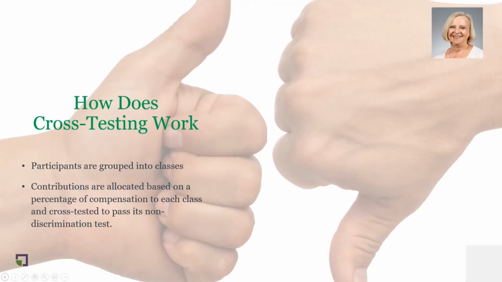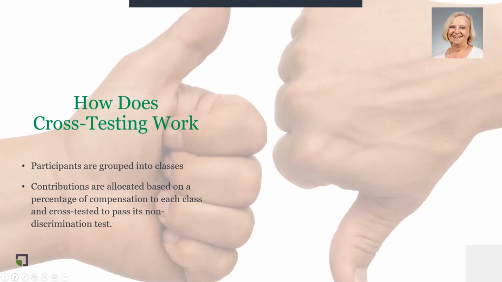As an example, let's say you classify all participants who work less than 500 hours in one group, and it just so happens that all of these participants are close to or at retirement age. That's discriminatory. On the surface, it is discriminatory. So be careful when you group your participants into these classes. They have to be